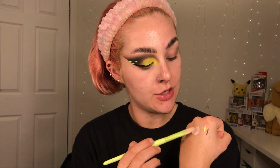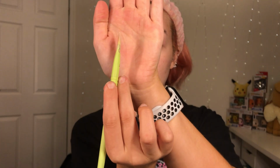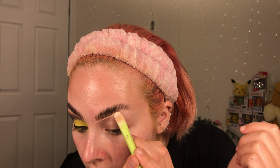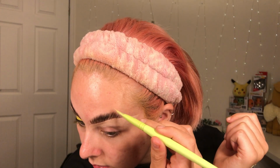So first of all, I'm gonna go in with the P. Louise base in shade Rumour 2, and that's to just cut the brow and have a nice sticky base with these shadows that are going to go on. So really just working that base into my brush, so then I've got a really lovely thin tip, and then just going to go in and cut underneath the brow. And making sure to go all the way out over here. And then also down